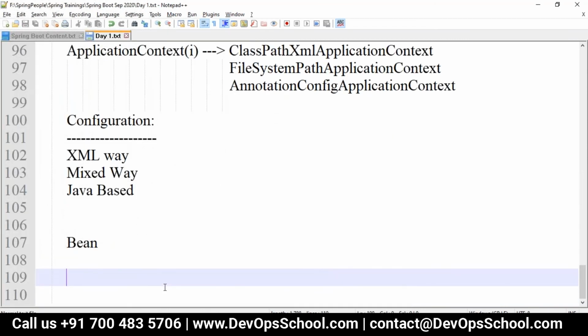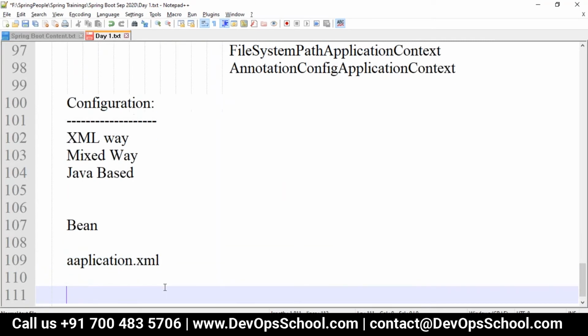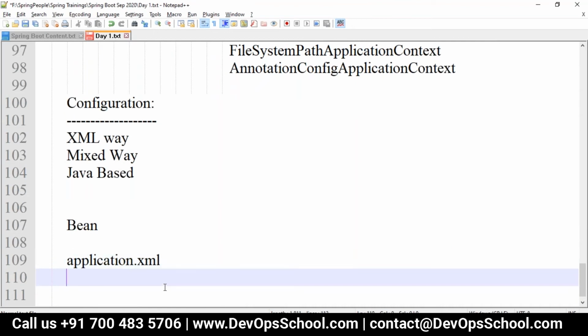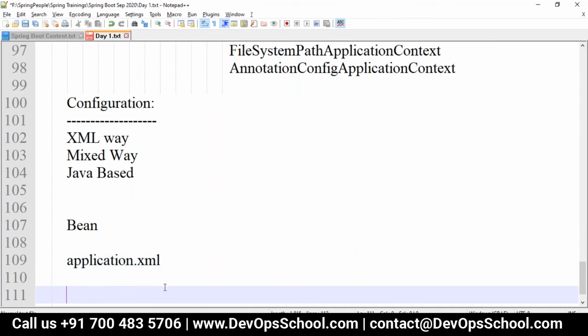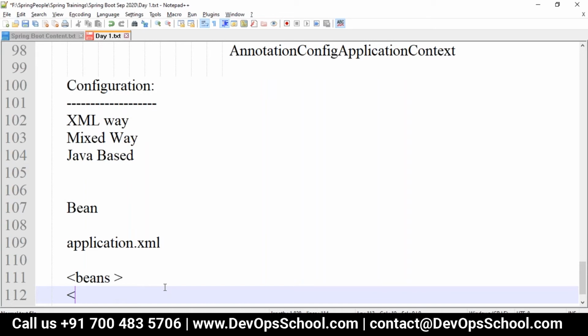We will create an XML file, application.xml, and any XML should come with the XMLNS. We use a beans tag, which is the first tag. Here we give the XMLNS and so on.